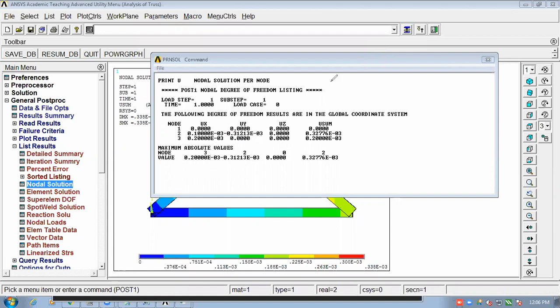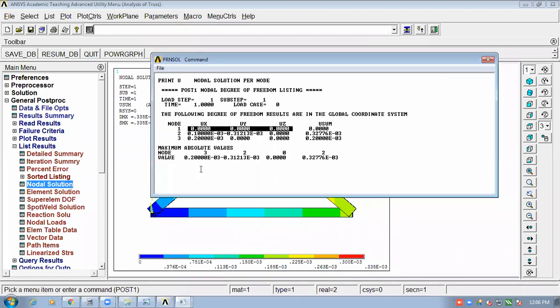Is it okay? See here these values. This value, if you can see, is displacement at node 2 in X. Then this is coming with the minus sign, so this is displacement at node 3 in Y direction. This is also coming with the minus sign. And this is displacement at node 3 in X direction. So these are the three values which we have got. Is it okay? So you can save it.